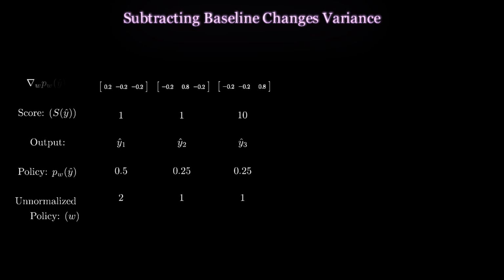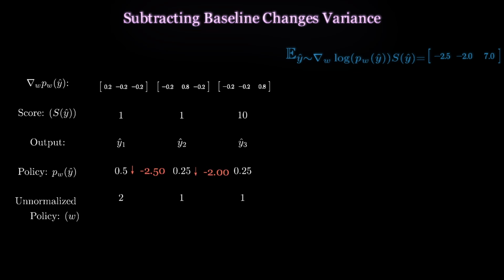The gradient of the log probability of an output is a vector which is positive for that output and negative for the others. In this case, the best probability distribution that the model can output assigns a probability of 0 to the first two outputs and 1 to the third output. So the true gradient will push the model's policy in this direction, making the best output more likely and all others less likely. But if we try to approximate this gradient using a random sample, we find that if we